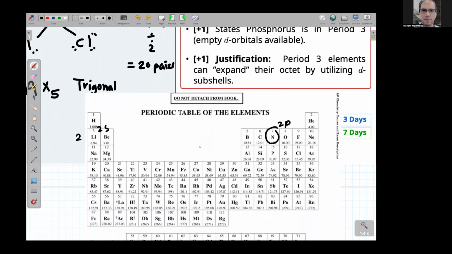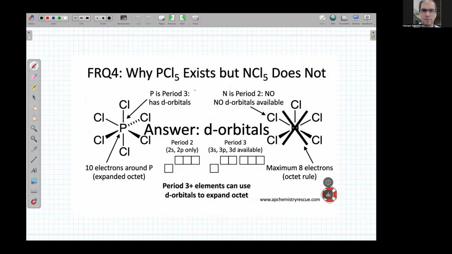Available in the second energy level. Phosphorus is in period 3. This is period 3. Period 3 has 3s and 3p, and it also has 3d orbitals available. So here is the key. To exceed the octet rule and have an extended octet, to have more than 8 electrons, you need d orbitals to